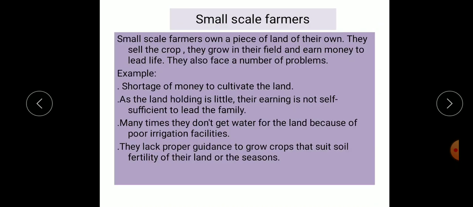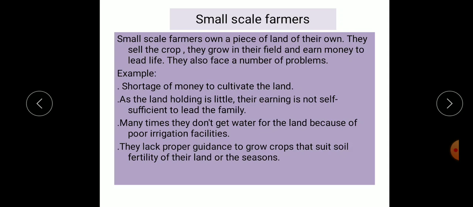Next are small scale farmers. Small scale farmers own a piece of land of their own. They sell the crops they grow in their field and earn money to lead their life. They have their own piece of land, 1 or 2 acres, and they grow crops in their field, sell the crops and earn money to lead a life. They also face a number of problems. For example, shortage of money to cultivate the land. As the land holding is little, their earning is not self-sufficient